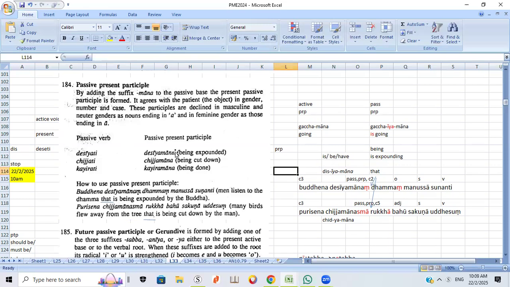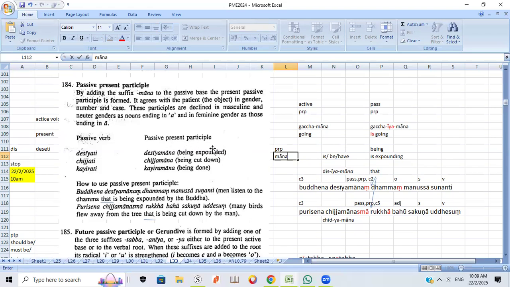So what it means, if you take this, the first one is expounded. If you take this, you see it means this is a present participle. So mana is a present participle. This is mana. Mana is present participle, added to the base. Then you add iya. Then it becomes